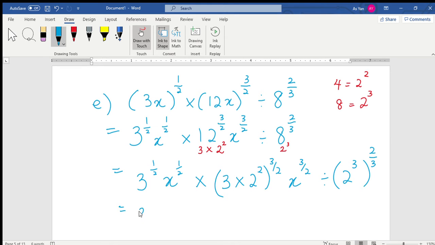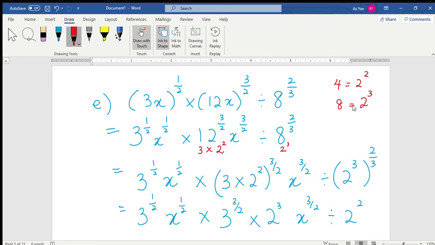So simplify: 3 to the power of 1 over 2 x to the power of 1 over 2 times 3 to the power of 3 over 2 times, so simplify 2 times 3 over 2 becomes 2 to the power of 3, then x to the power of 3 over 2 divide by 2 to the power of 2. So we can see the simplification like this, and then this one also. Okay, when simplified,